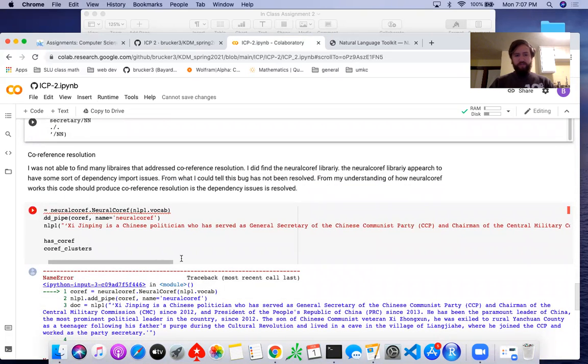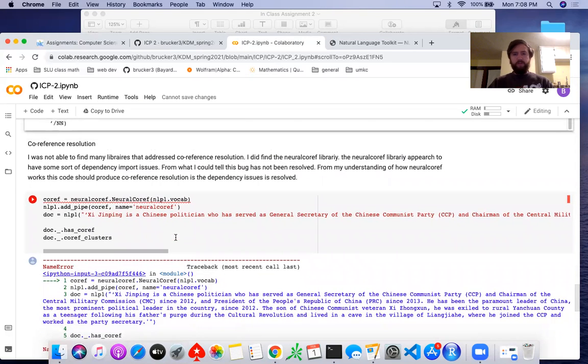So co-reference resolution was the one I had the most trouble with. I tried importing this neuralcoref library, and this was the example code I was able to find that I thought would run based on the documentation from the library. However, the more I dug into it, it seemed like there were some real dependency issues that they were having with Colab and with other packages that had to be imported. Maybe if it had been a local install, I would have been able to get the specific packages, but I don't know Colab well enough to be able to pull in specific packages and set that up.